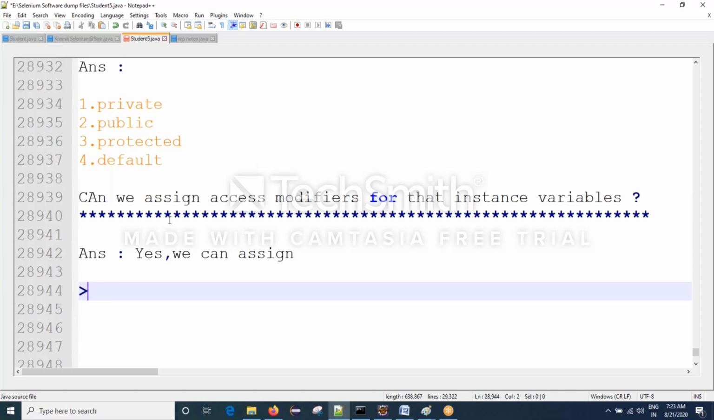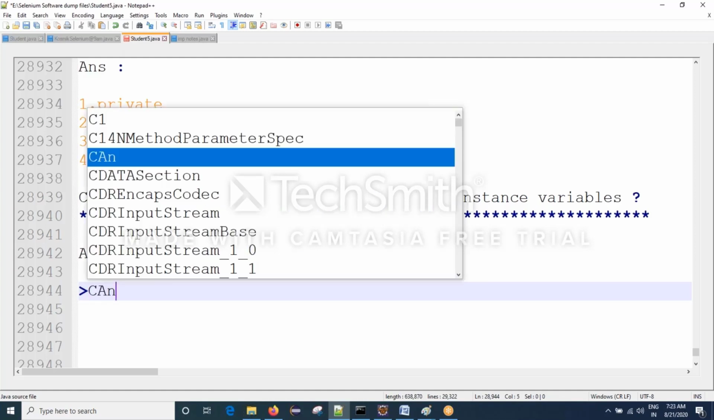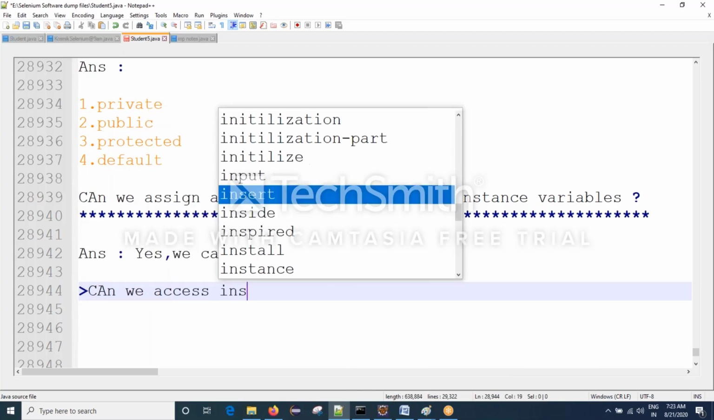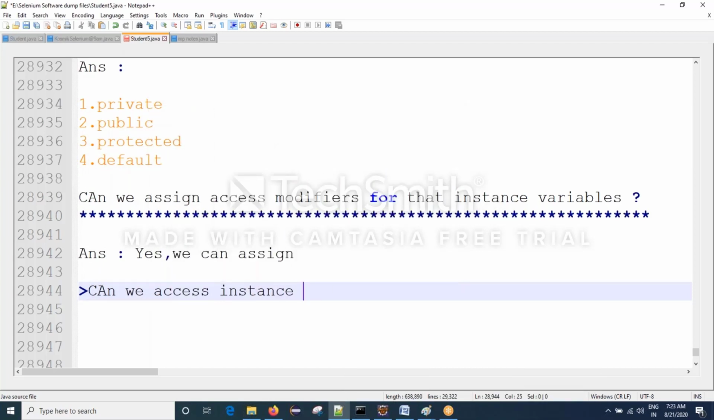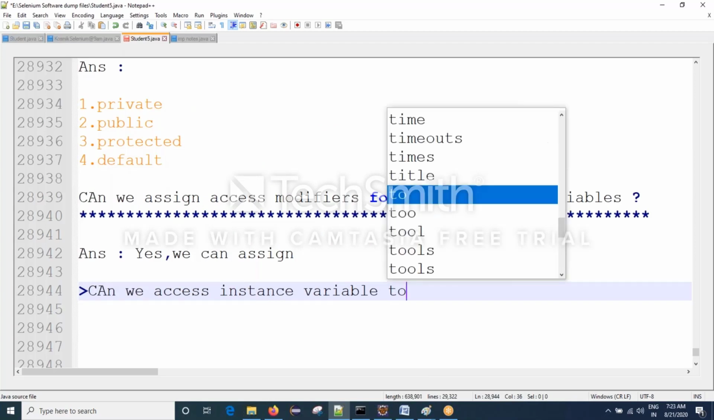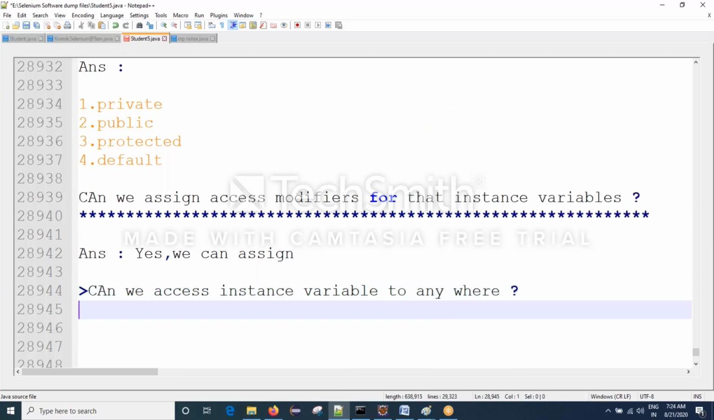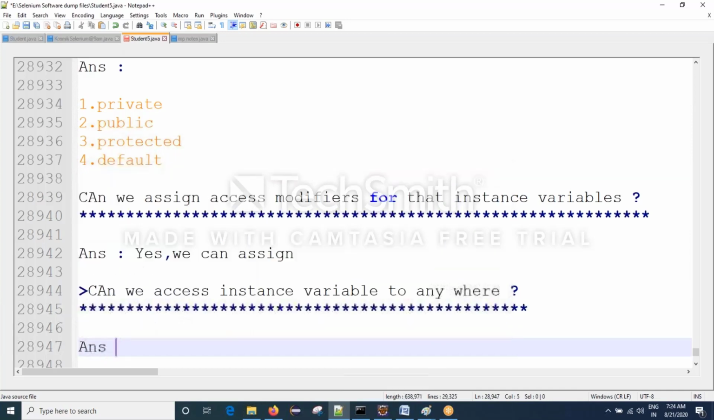Next question. Can we access the instance variable to anywhere? Answer is